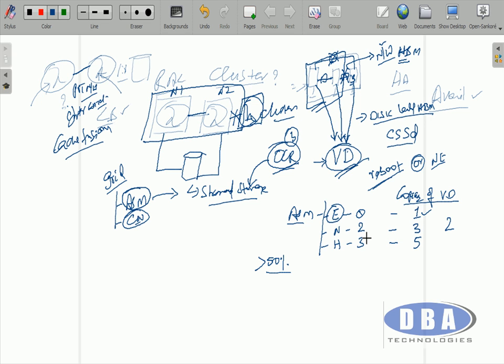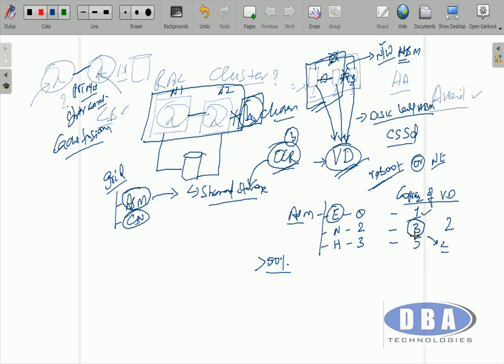So that's the reason they say, in case of normal, make sure the disk group that you are going to keep your voting disk on has minimum 3 disks. In that case, what happens if 1 goes down? You still have 2 disks available. 2 is more than 50%, so your cluster will still function. Now, I might lose more than that, but 4 is not taken because 50% is 2, and again it will fail.